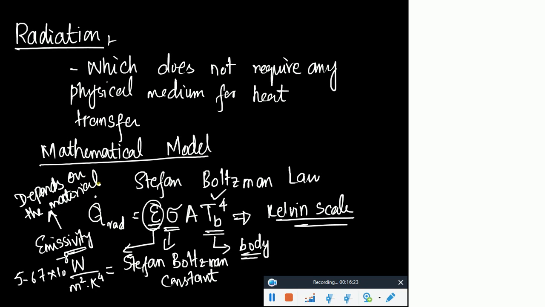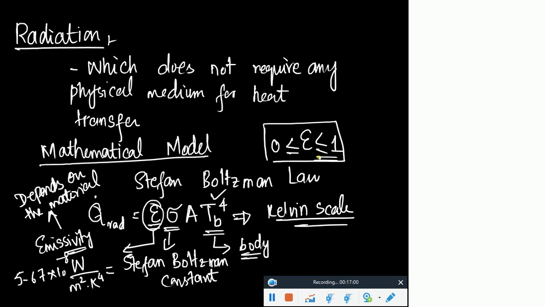This has no units, but its values should be from 0 to 1. And for the ideal case, this emissivity would have a value of 1. Not a ratio, but you can say that it is just a comparison between a real body and an ideal body. And generally that ideal body is known as a black body. You might have heard about it in your elementary courses.